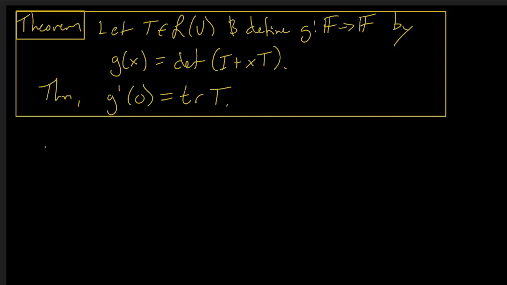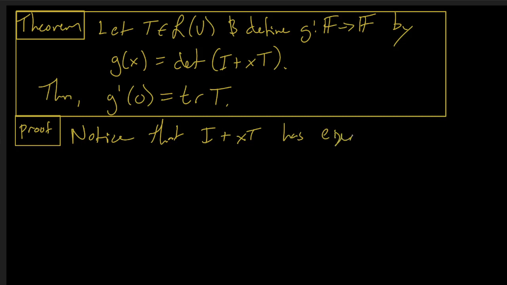It also lets you recognize the trace as a derivative of a determinant, which is kind of weird. So it all kind of comes together in a nice way, doesn't it? Here is a proof. So notice that I plus xT has eigenvalues 1 plus x lambda 1 through 1 plus x lambda n, each repeated